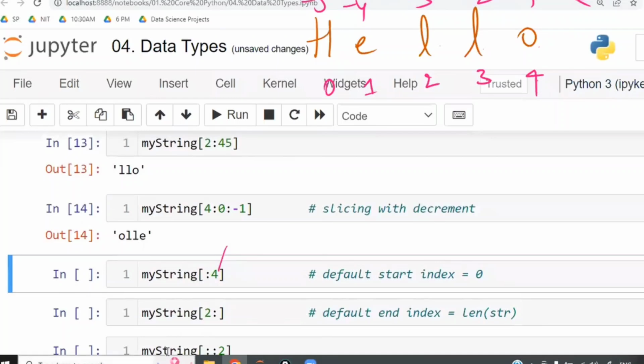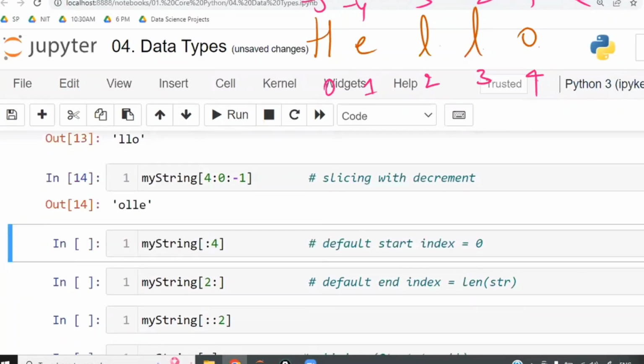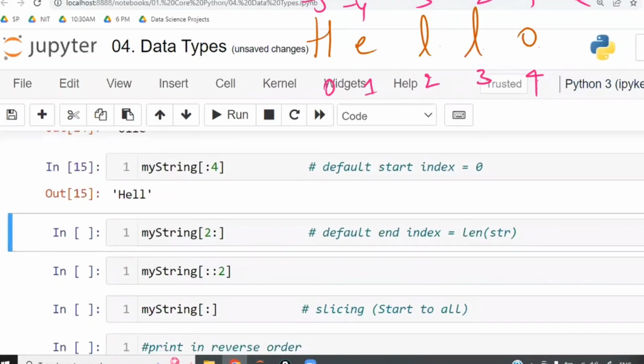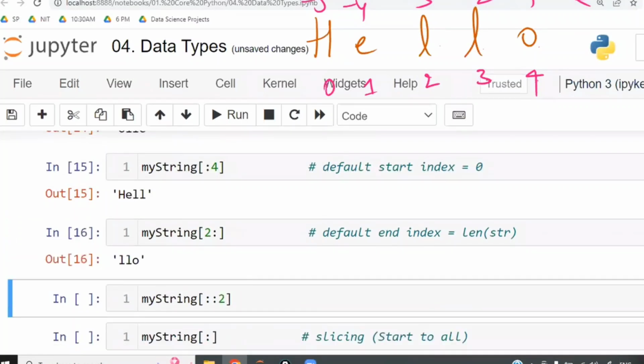Next, this one. If the first number is not included, what is the answer? The index number, the first number, if you don't write it, is automatically equal to 0. Up to 4 means you only get up to 3. That is HELL. Now, this one,